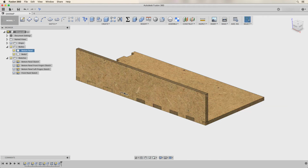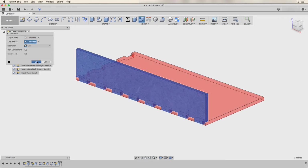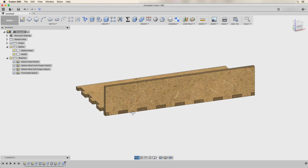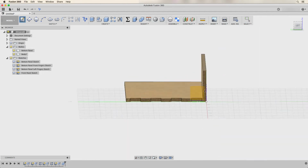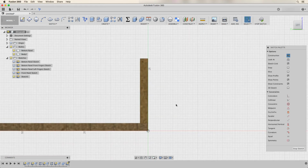There's interference now between these two panels, so I want to select the combine option, select the front panel as my target and the bottom panel as my tool. And now I've got my fingers and notches cut in that front panel. Now I can create another sketch, this time on the left face of the front panel. And I'm going to go into construction line mode, find the center point here,